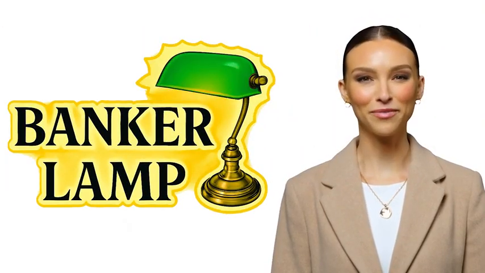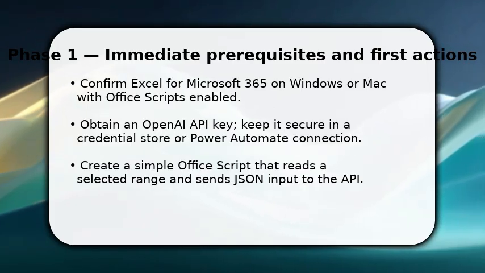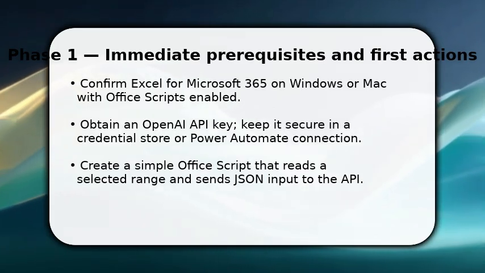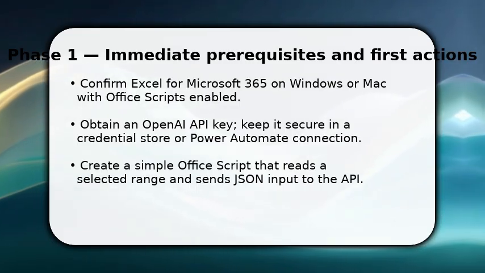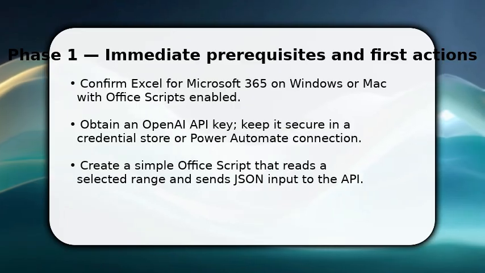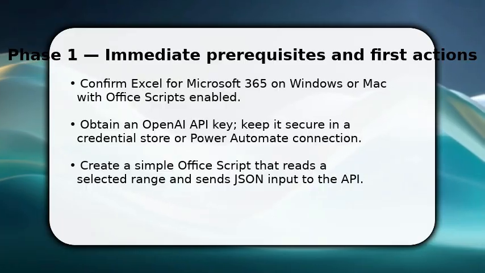Please enjoy the video. You start by preparing two essentials: Excel for Microsoft 365 with Office scripts enabled, and an OpenAI API key stored securely. Once done, open the workbook and write an Office script that reads a selected range, headers plus rows, and formats